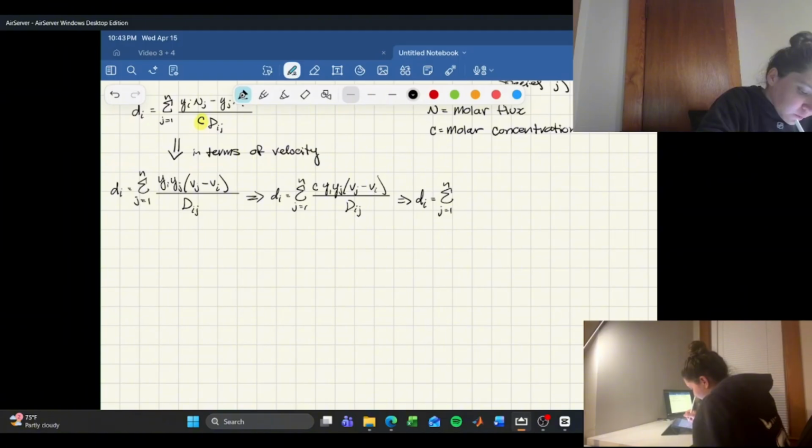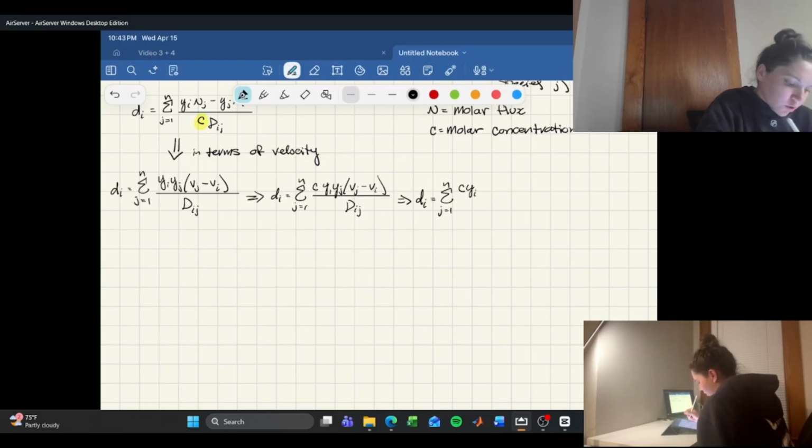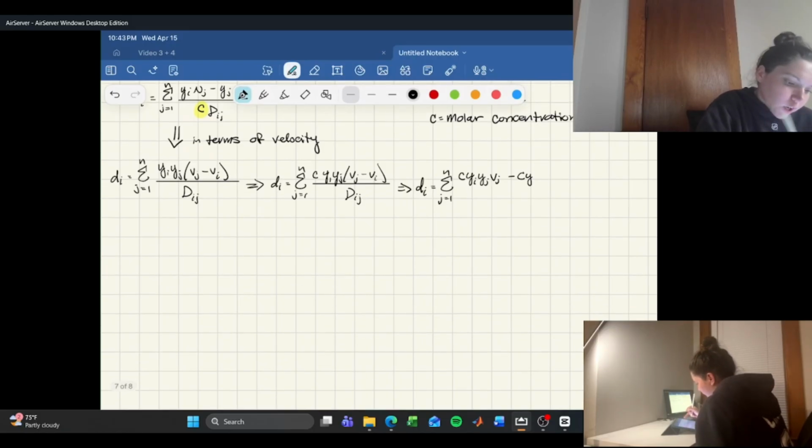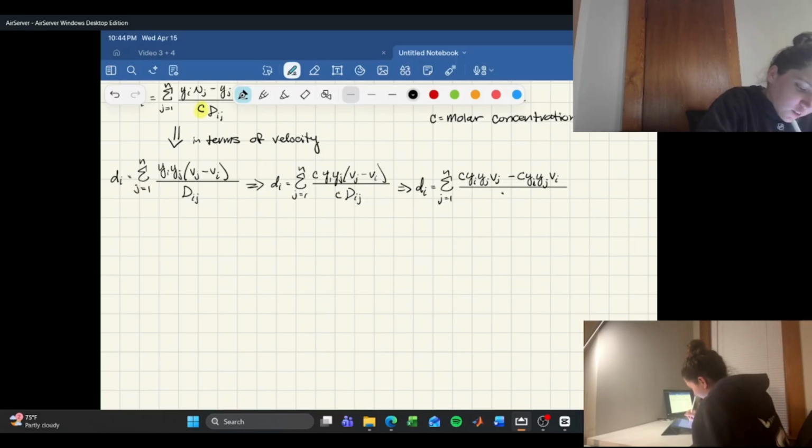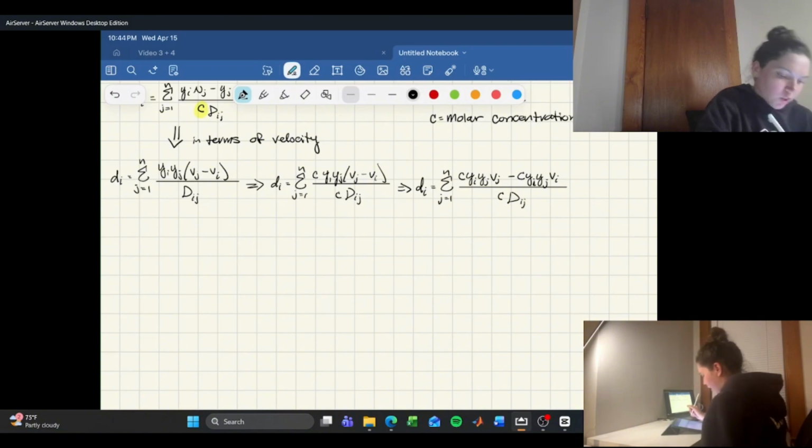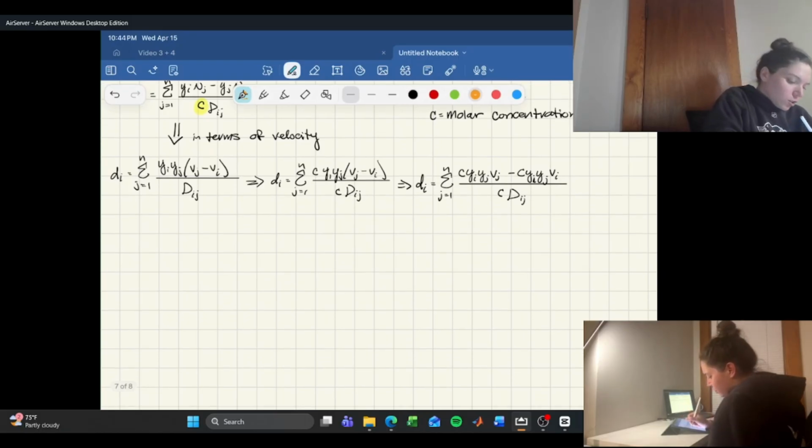This is going to be the overall concentration times the mole fraction of I times the mole fraction of j times the velocity of j, minus the overall concentration times the mole fraction of I, mole fraction of j, velocity of I, all over the overall concentration times the diffusion coefficient of I and j. Great. And over here, I'm going to make a note